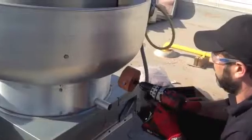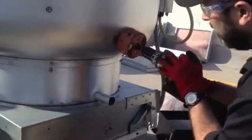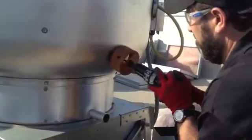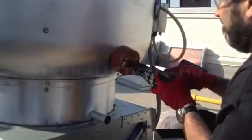And the idea is, think about this, it's a clean out port, so you want to be able to look through, and you should see right in the fan blade assembly, and we should be able to show you that here in just a second. Now the key is once you get that blade